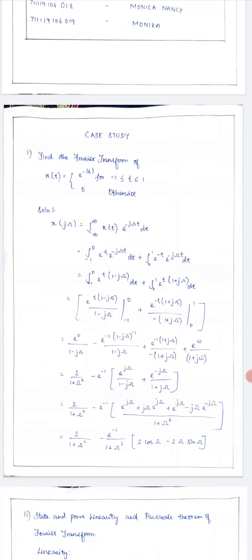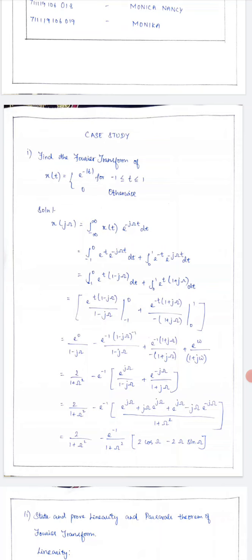We know that the Fourier transform of x(t) is X(jω), and e^(-|t|) is multiplied by e^(-jωt). We are going to substitute it first. After that, we will get the integral from minus infinity to plus infinity of x(t) into e^(-jωt) dt. By considering infinite intervals, we can't get the solution, so we are taking a finite interval